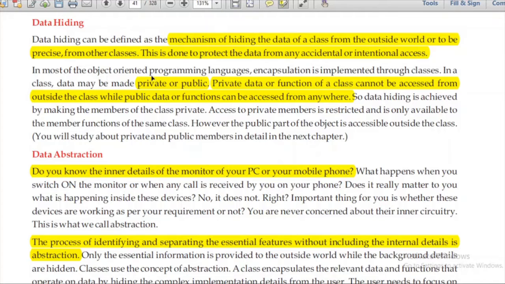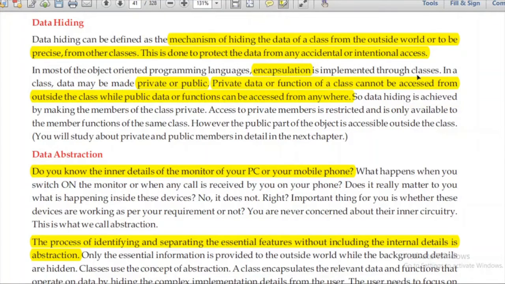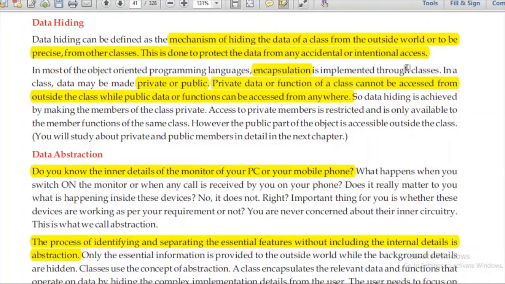In most object-oriented programming languages, encapsulation is implemented through classes. We learned in the previous video that encapsulation can be implemented using classes. In a class, data can be made private or public. Private data or functions of a class cannot be accessed from outside the class, while public data and functions can be accessed from anywhere.